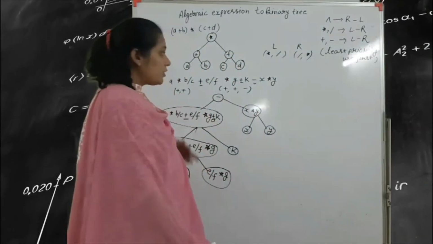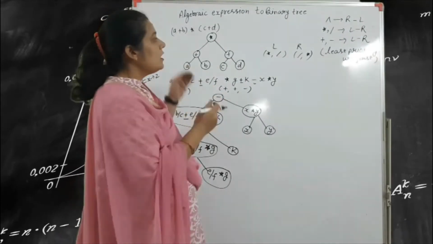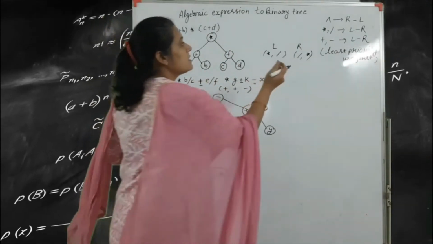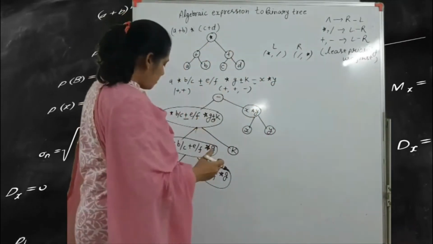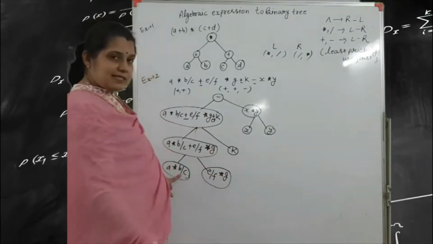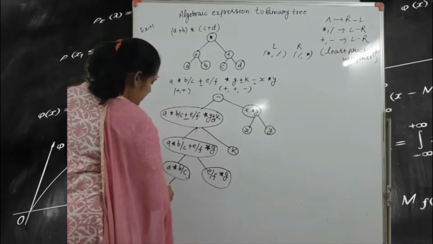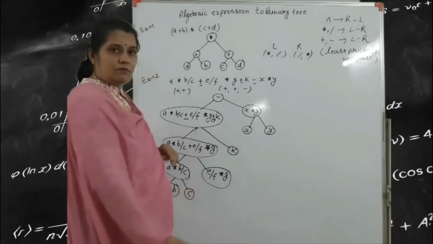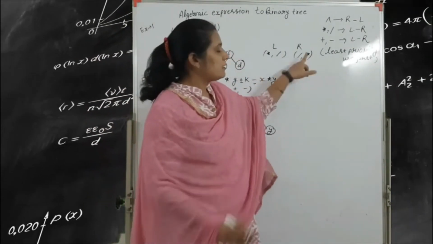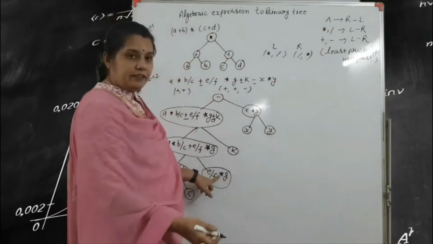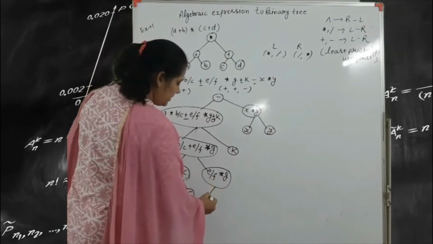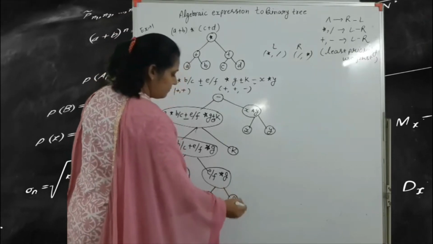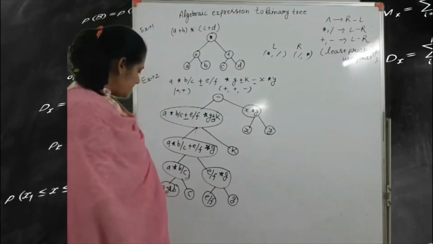Got it? So what is the process? The process is that if the expressions are given according to priority, always consider the right hand side. Okay. So according to this, the expression is this slash. So the left hand side is A star B and the right hand side only C. Got it? But in this expression, in the right hand side we use the star sign. Okay. So according to this, E slash F, and here we write only the G. Got it?